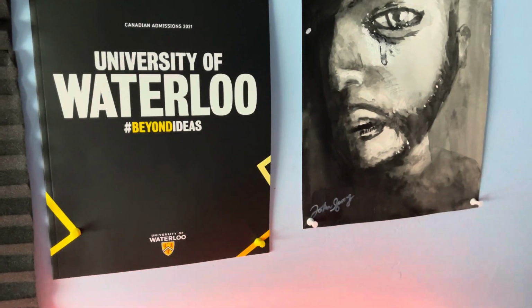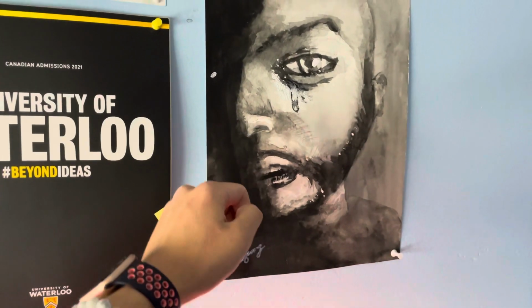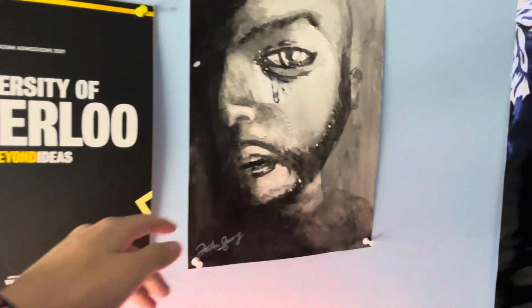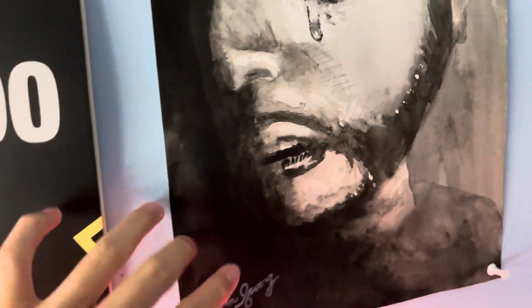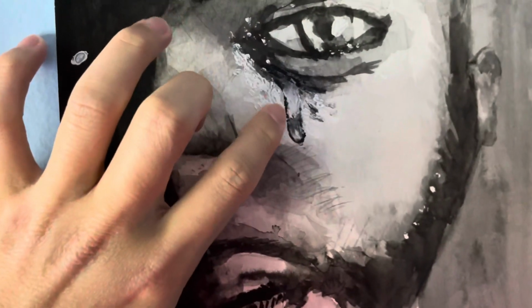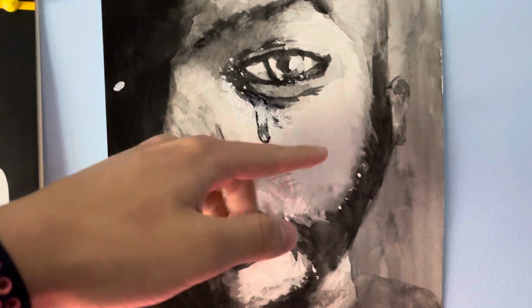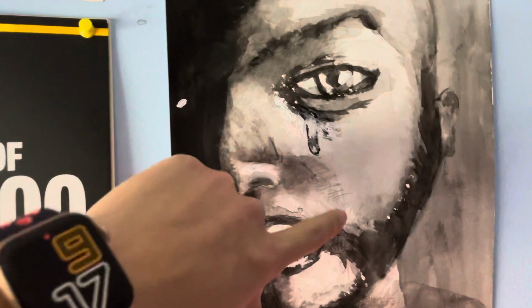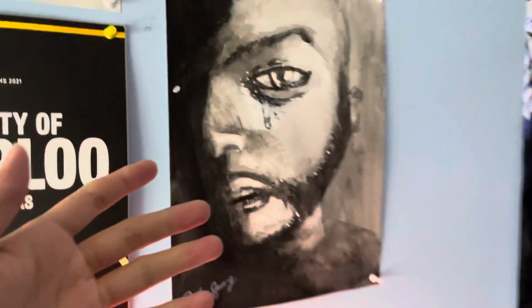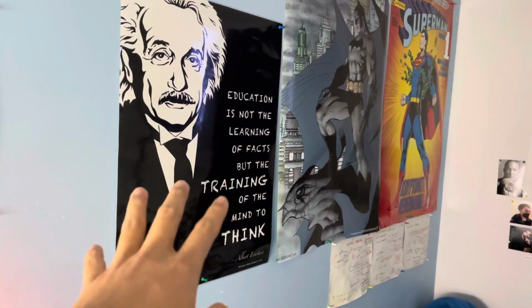And got this University of Waterloo logo. And one of the pictures I drew here, it's called Somber. He looks pretty sad, right? I used watercolor paint and oil paint for just the tears, the watery kind of detail for the tears dropping. So yeah, essentially that. And we got this giant Einstein motivational